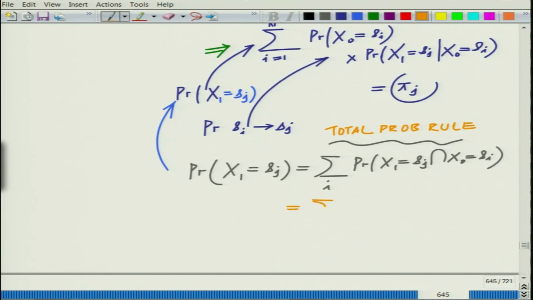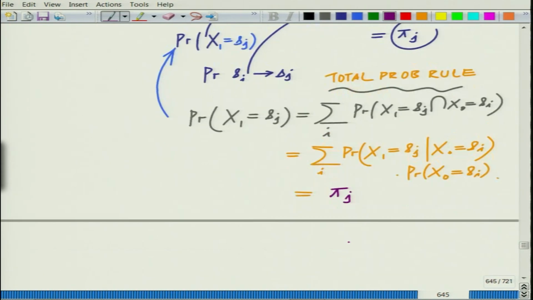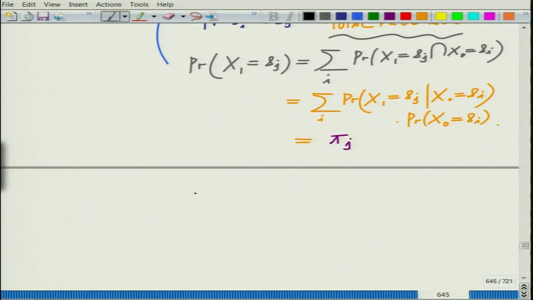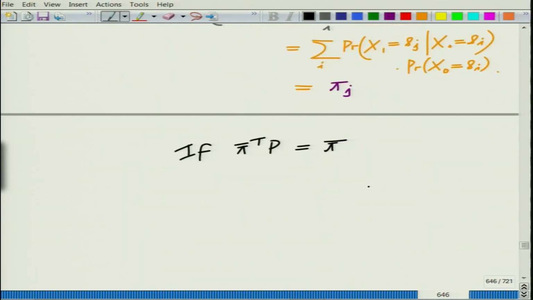Which is basically equal to the summation over i of probability x1 equal to sj given x0 equal to si, times probability x0 equal to si, and that is essentially what we have here. From this property of this vector, that is now equal to pi j. Therefore, if you find a vector pi bar such that pi bar transpose P equals pi bar, this implies that